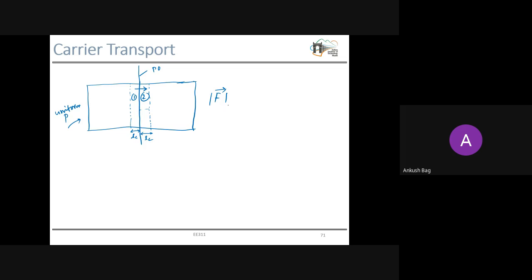How many carriers, or what will be the flux? From the no net motion concept, we understood that the net flux crossing this plane of observation will be 0. This is under equilibrium condition, because here we have the semiconductor only at a certain temperature, with no external energy perturbation. So under equilibrium,